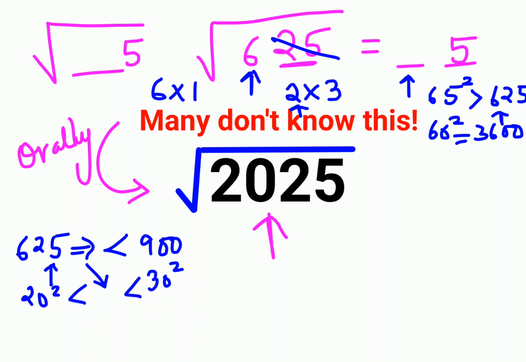Now, when you find the product, you need to focus only on the smaller digit. So here we have 2 into 3. The answer taken is supposed to be the smaller digit, which is 2. So we can say the square root of 625 is nothing but 25.